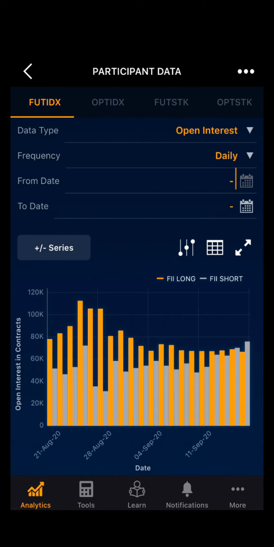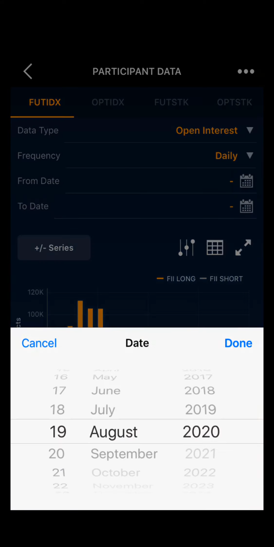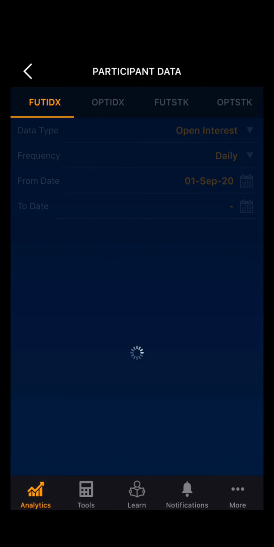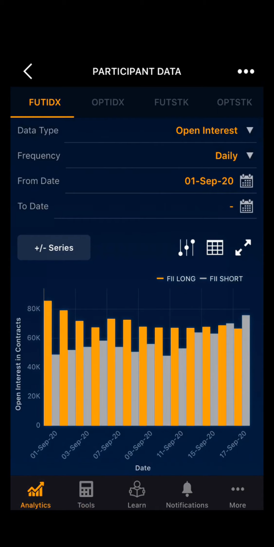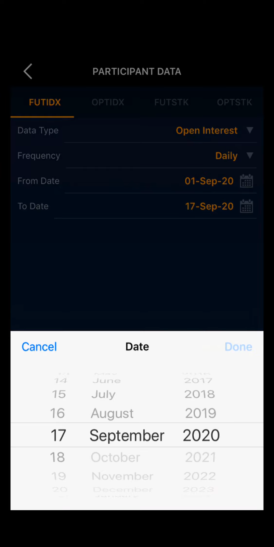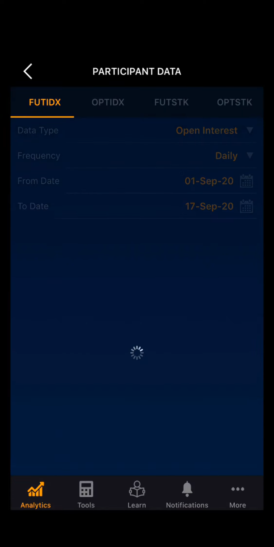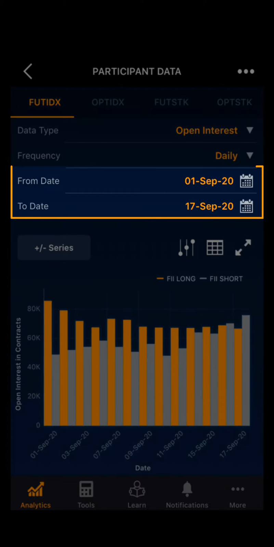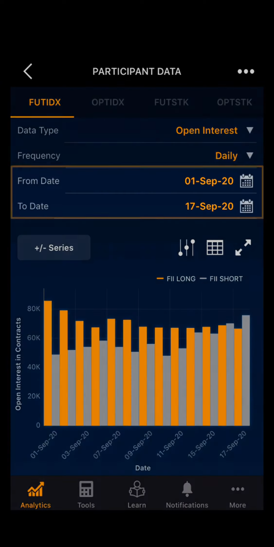I will select from date, then I will select September, I will select first, done. Then I will select to date, I will select 17th, done. Now I have the participant data from 1st September to 17th September.